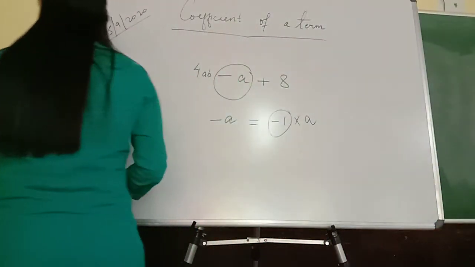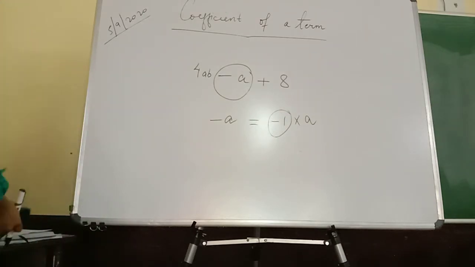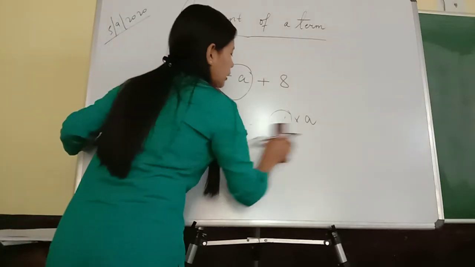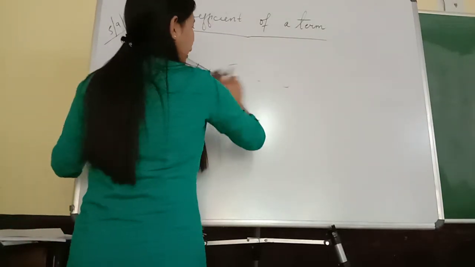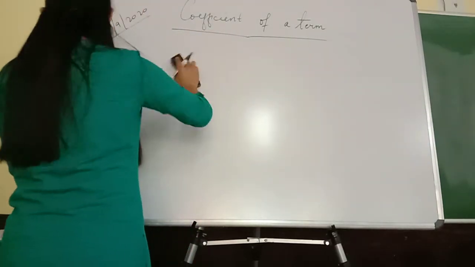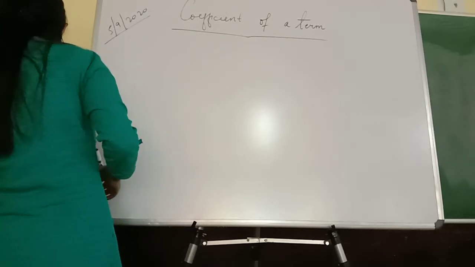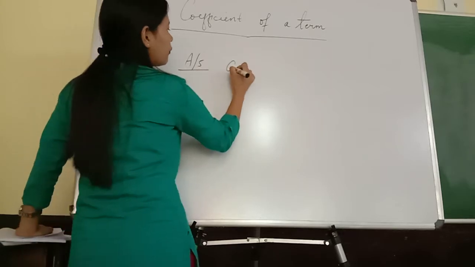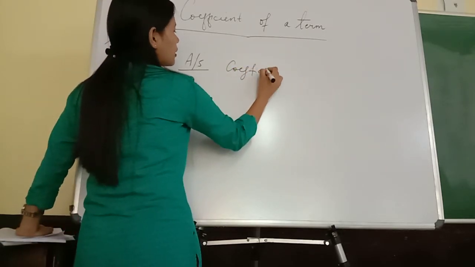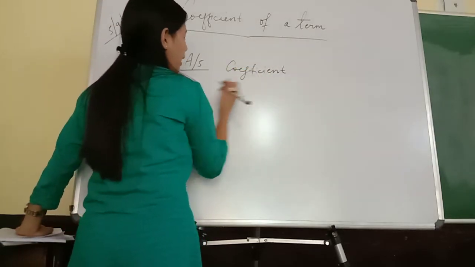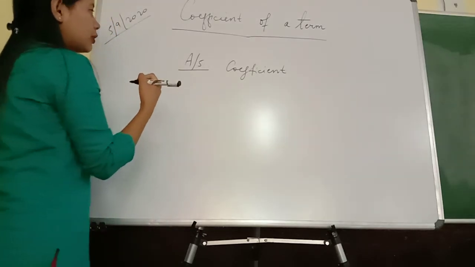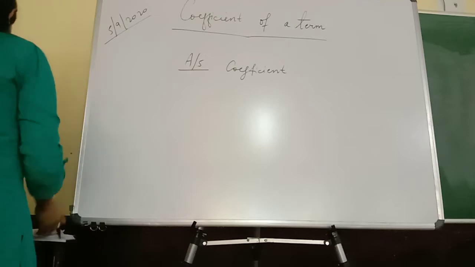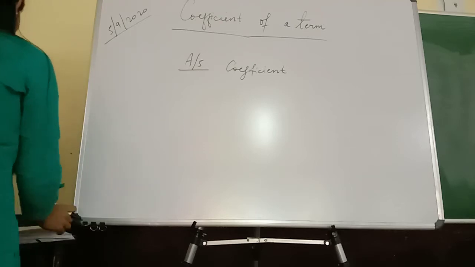So this is all about the coefficient of a term. With this knowledge, you can easily solve a few questions from the exercise. But before that, children, I want all of you to read from page number 5, section coefficient, and write down the definition of all the things that are involved there. So this is your homework.